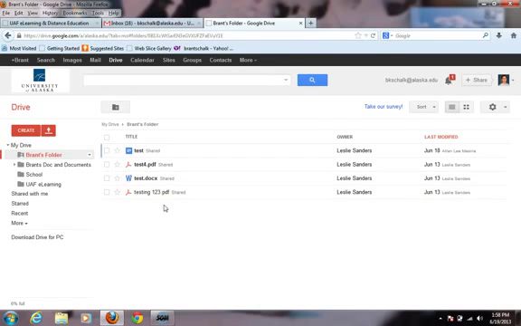I'm going to go through how to download and install Google Drive for PC. So in the previous tutorial I went over Google Drive and how it functions, and Google Drive for PC is a little bit different in the sense that what it does is install and place a Google Drive folder on your computer, meaning whatever you put into that folder on your computer, Google will sync it, mirror it up to your Google Cloud